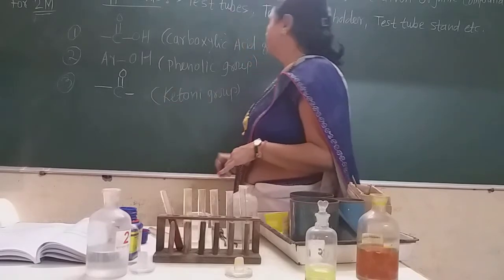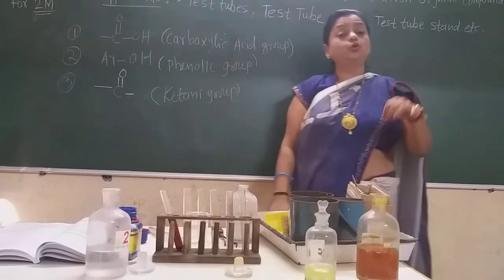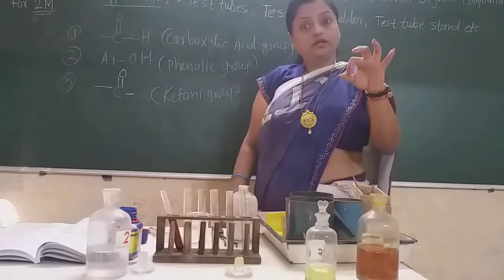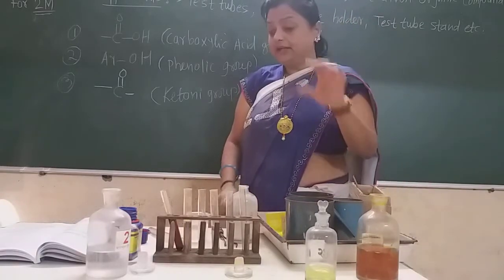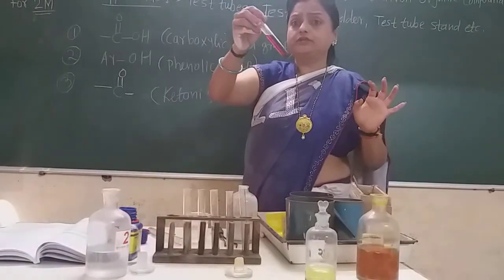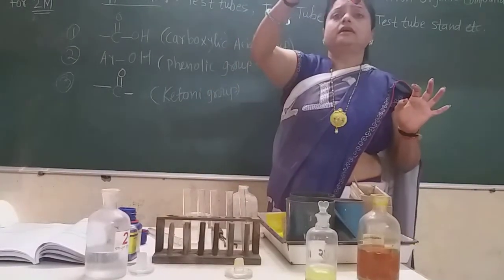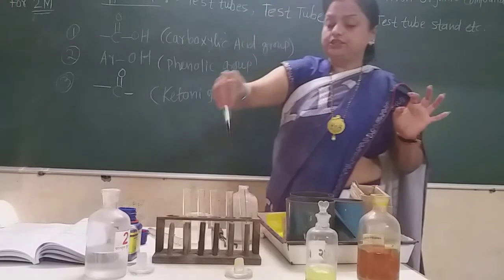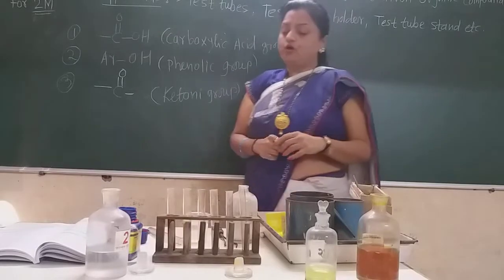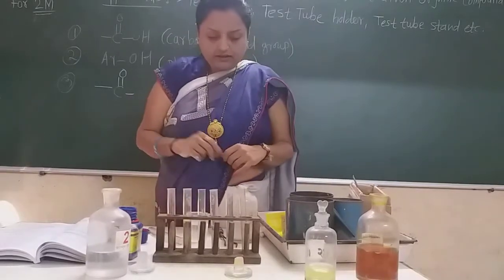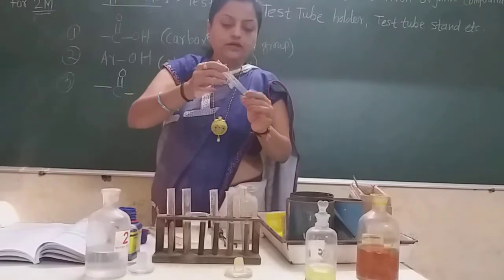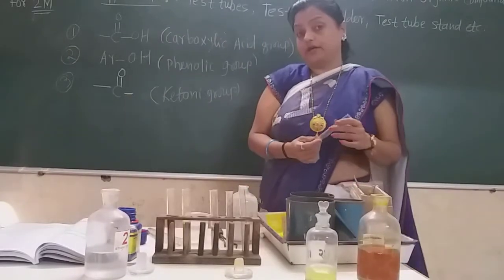Then you get the 2 marks for this practical. Always remember, do this test when the external examiner is present near your table, because this test requires very few minutes to observe. Now see the color here, the red blood color is formed due to the ketonic group. Now we have to take the next compound. One compound is given to us. Let us see what that compound is.